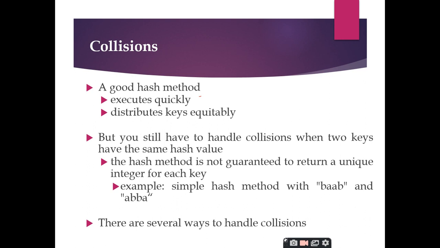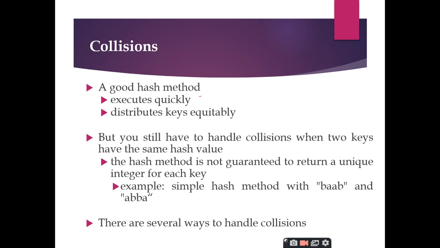So when a collision occurs, how are you going to solve the problem, or how are you going to allocate another memory location for the collided value? That is how we deal with collision resolution techniques, right? So what is a collision? A collision is nothing but a situation where more than one value will generate the same hash key, right? That situation we call a collision.